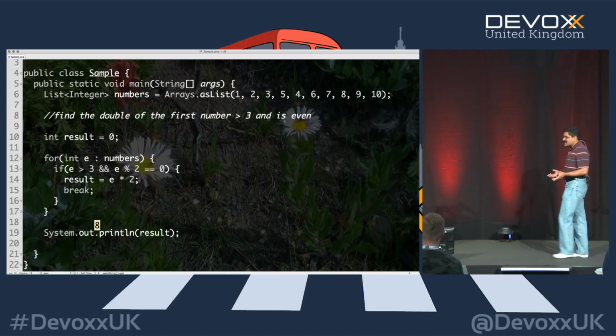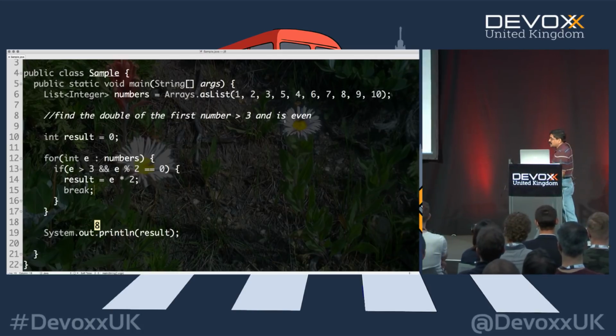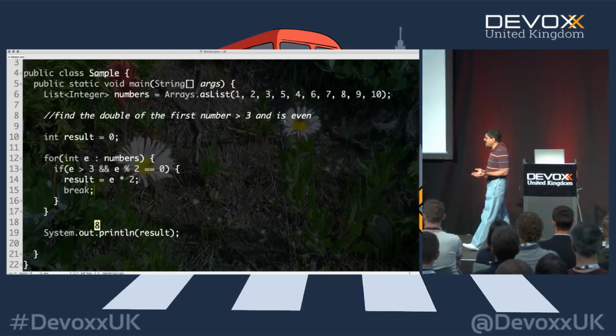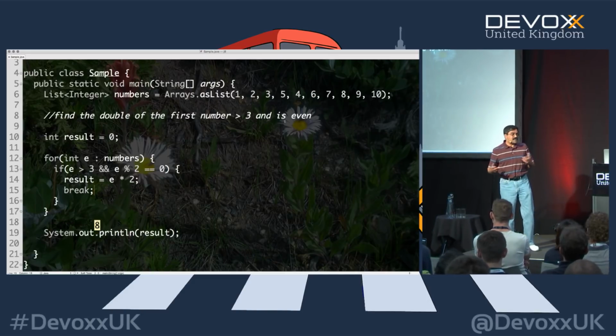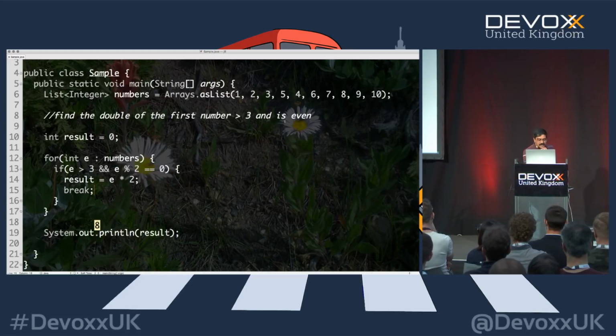And the point really is, this code is broken because my tester tried with a collection of numbers which are empty, a collection with no even numbers, a collection with even numbers less than 3. And it's broken on at least 3 counts. He still keeps on going with it. The point really is that this code is hiding a lot of details.